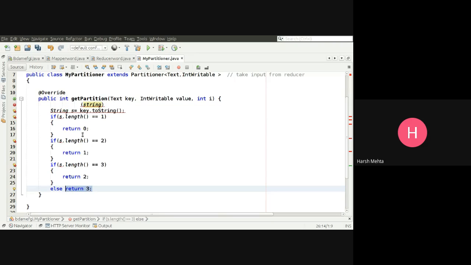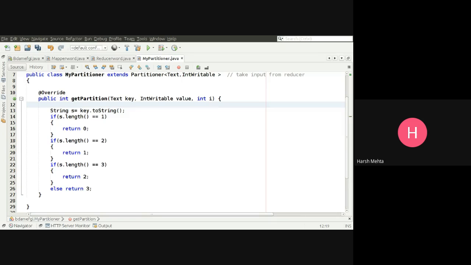Apart from these 3, we have one more partition, the default partition, where all other strings will go. Fine, so this is my partitioner class, a simple partitioner class.